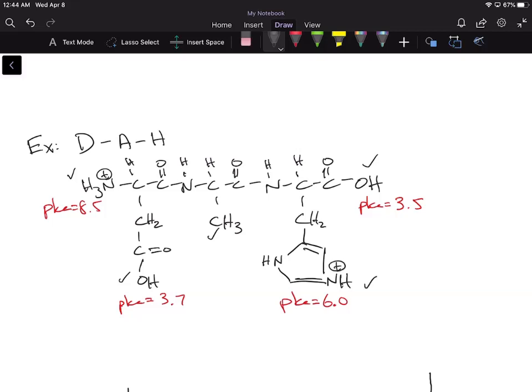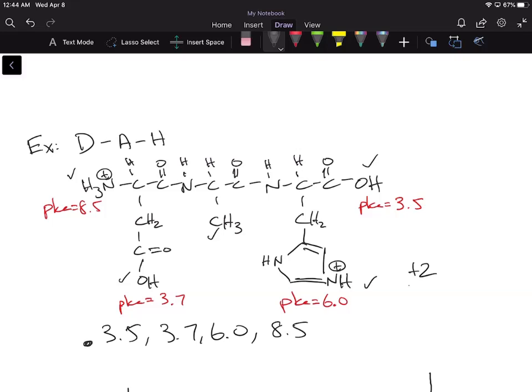Now I'm going to calculate my net charge, and I'm going to see that the net charge is +2. So all I'm going to do is now write my pKs from low to high. So I got 3.5, 3.7, 6.0, 8.5. And again, we always start on the left-hand side, and we skip over as many pKs as